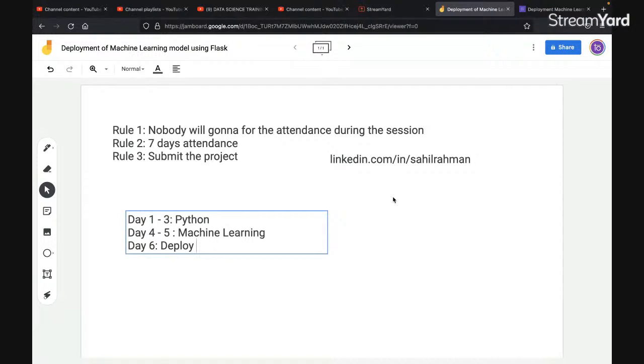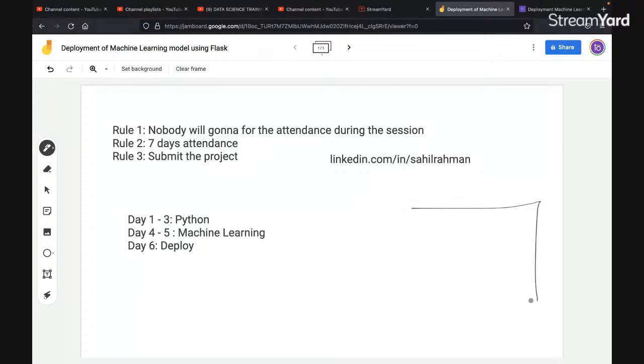Perfect. Now, why exactly are we focusing on deployment? What exactly is deployment? There are many students here who have joined the bootcamp, but they hardly know what deployment is. Deployment means that suppose you have created a beautiful website and you want to show this to the world. But the problem is that this website runs on your system, and if someone wants to access it, how are they going to access it?